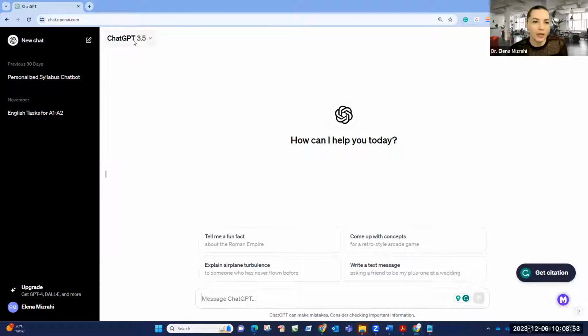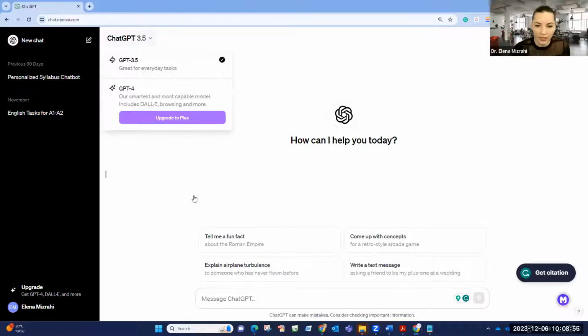I think the information here was updated up until April 2024. I'm not sure if that's also relevant to ChatGPT 3.5 or only the new one, ChatGPT 4. In any case, it's not connected to Google.